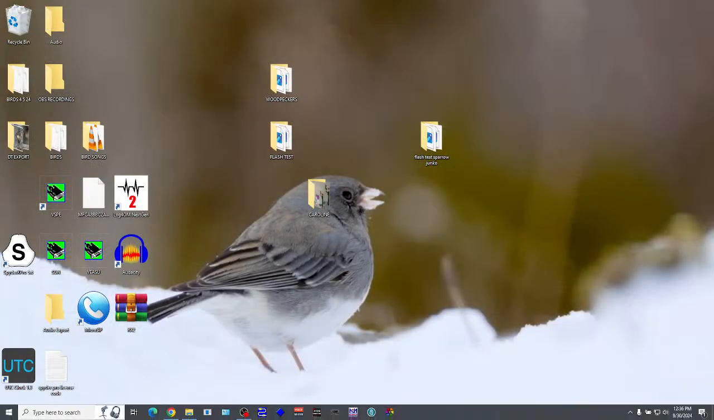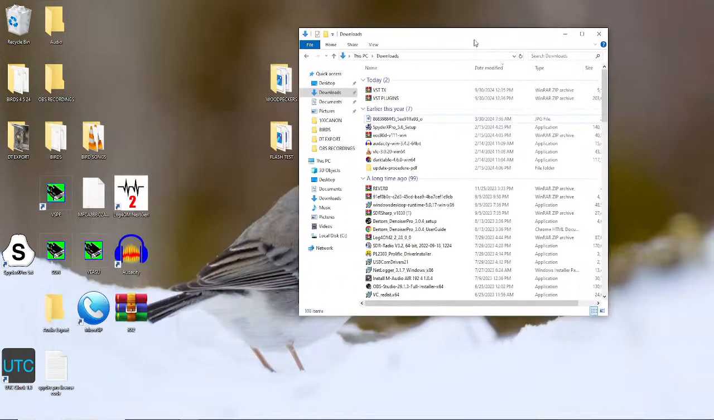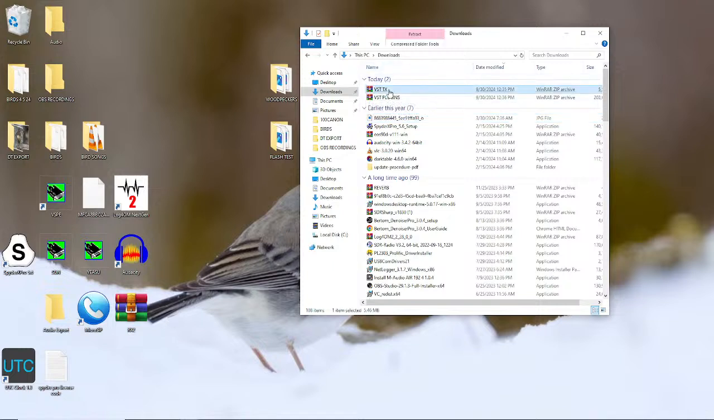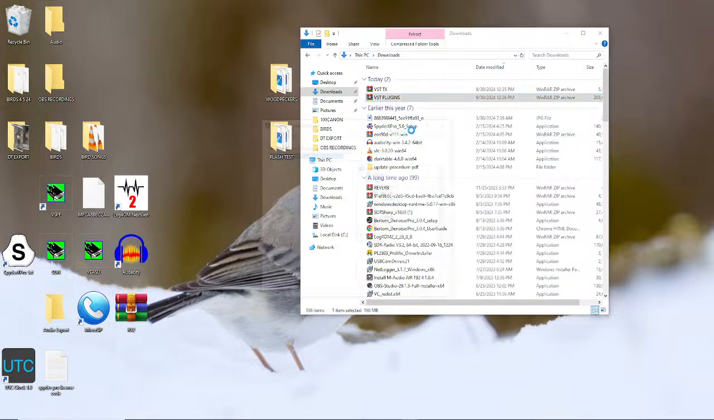Okay, now what you want to do is you want to navigate to your downloads folder, click on your Explorer, and there it is, VST TX and VST plugins. I want you to do the VST plugins first. Now follow this to a T. This is critical because the VST TX host will not find the plugins if you screw this up. So what I need you to do is right click on it regardless of what you're running, and you want to extract the files. Click extract files